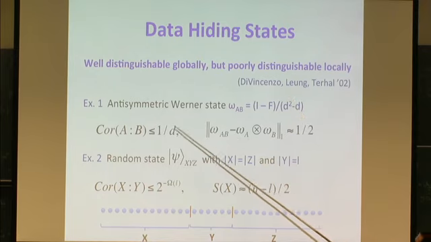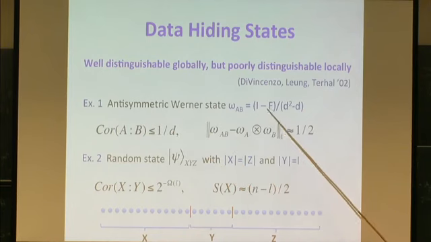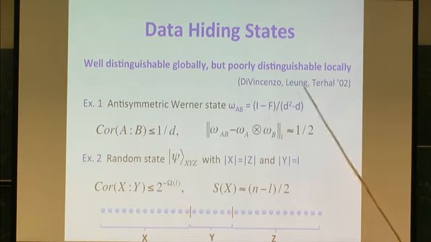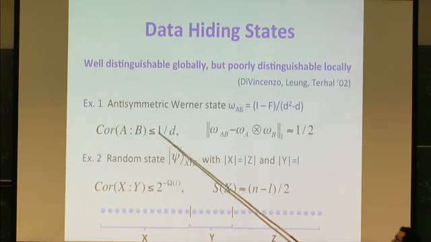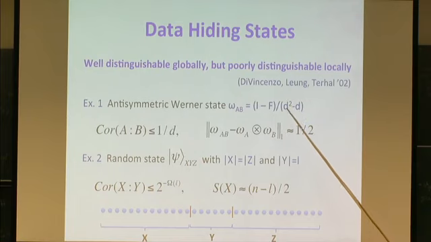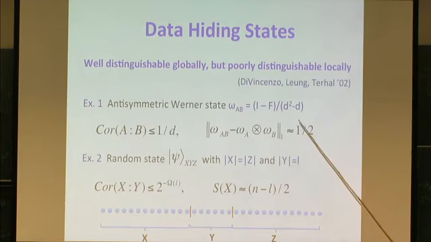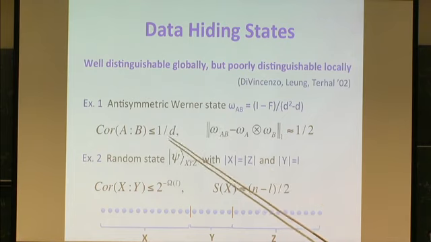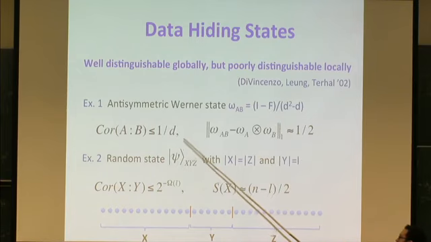One striking example that Aaron already mentioned in his talk is the antisymmetric Werner states, right? You have identity minus swap, this is the flip, normalized. You can compute the correlation function between them. Well, not compute exactly, but you can bound it pretty well, and it's always smaller than 1 over d, where it's a d by d state and d is the local dimension. On the other hand, you can compute the one norm between the state and the reductions, and you get roughly half. So you see there is this huge gap between correlations that you see by local measurements and correlations you see by global measurements. They're just not related in general.